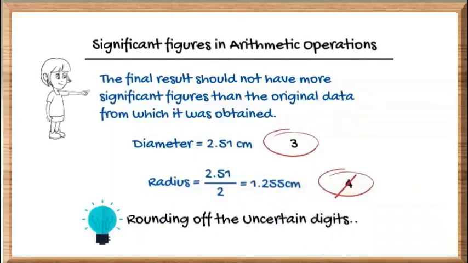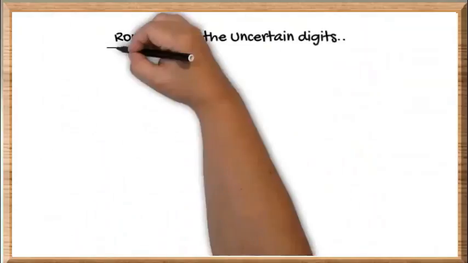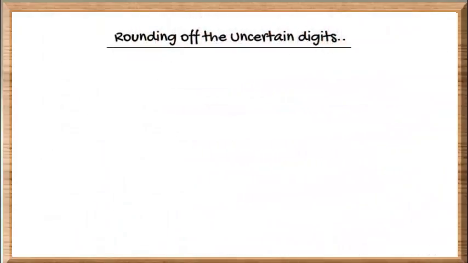Here you can see why do we round off and up to what digit we are supposed to round off. It is very important in all the measurement. Rounding off is easy, but up to what digit we are supposed to round off, it is important. Here in the above example, we have to round off up to the second decimal place. Let's see the rule by convention for rounding off the insignificant digit in a number.